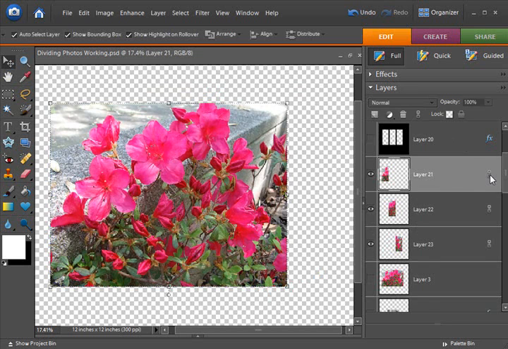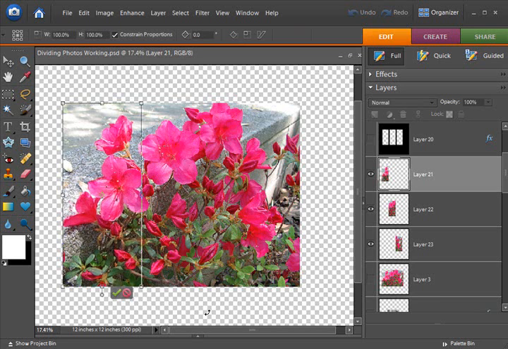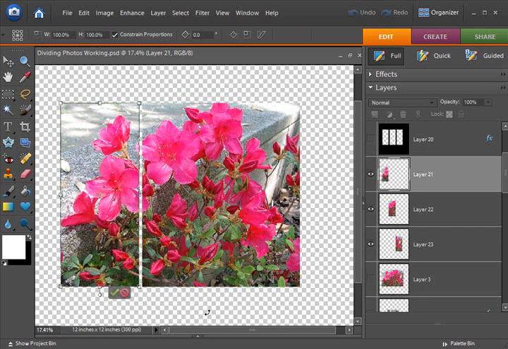You can then unlock them and use your arrow keys to nudge them apart so they are exactly the same amount apart from each other. Now in Photoshop Elements 6, the nudging just doesn't work well unless you go ahead and bring up the transform tool by hitting Control T on your keyboard. Then I'm going to nudge this 1, 2, 3, 4, 5 places away